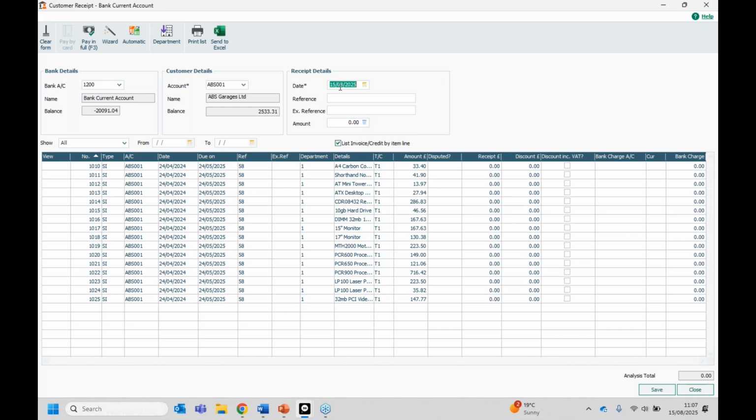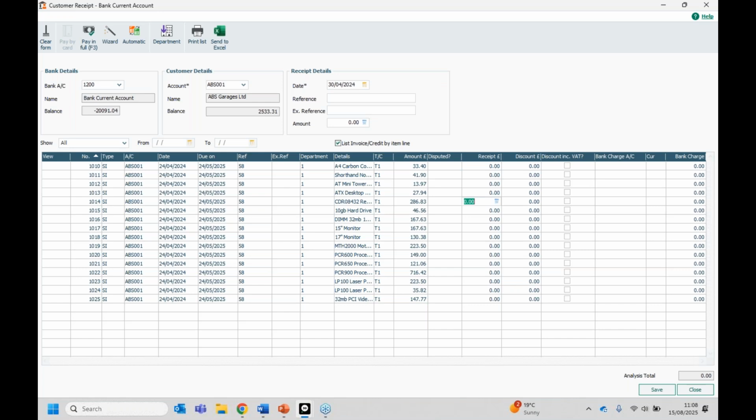You want to select the right date that you want on your payment. So for example, we'll pop back to the previous year because it's in the previous year, and then the 24th. So let's just say we received the payment on the 30th of April. So we'll just pick the top invoice here. We've got one for 33.40. What we'll do is actually we'll choose one that's slightly higher. So we'll choose this one, which is